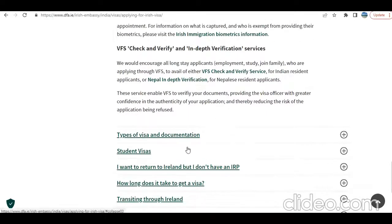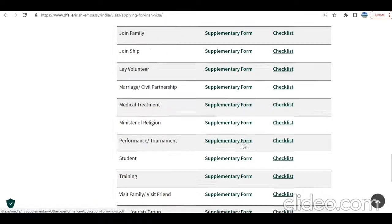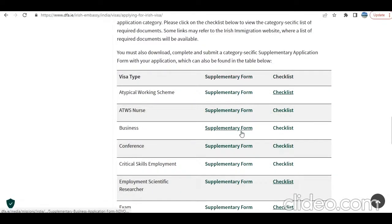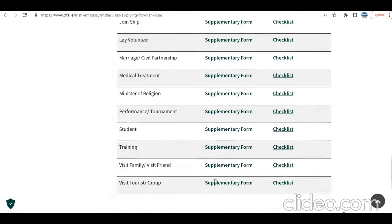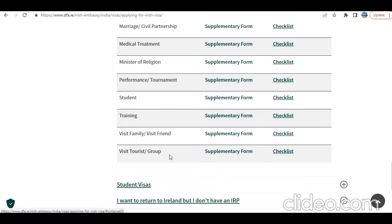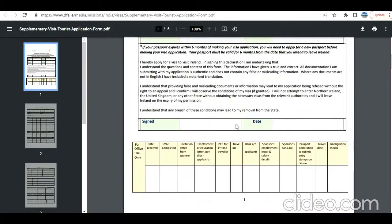Now documentation, when it comes, this checklist is going to be really important, and supplementary form you also need to provide. Okay, so let's see, where is tourism, visit family, visit tourist. Okay, so we'll open supplement form and also the checklist. Then before we end the video, we'll go to the VFS site as well to check. So in supplementary, what name, visa reference number, that will come after you submit the form, passport information, nationality, sign date,